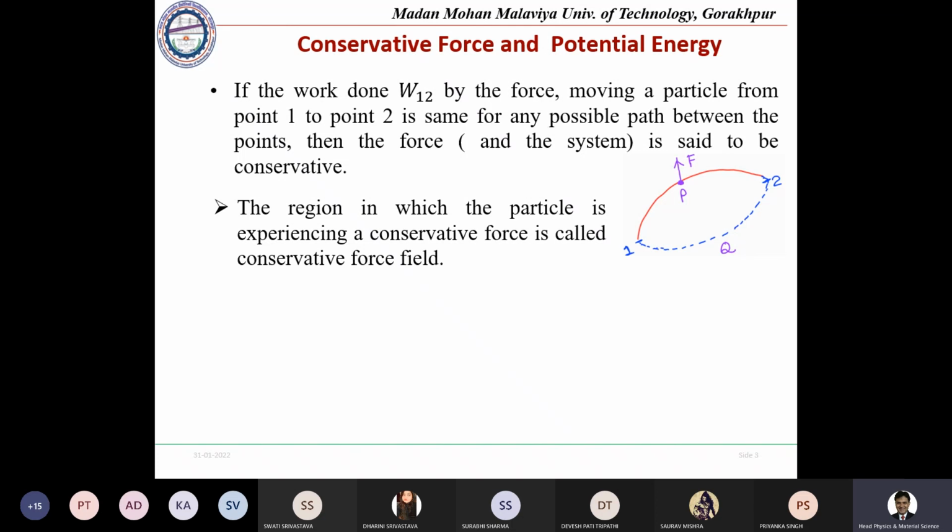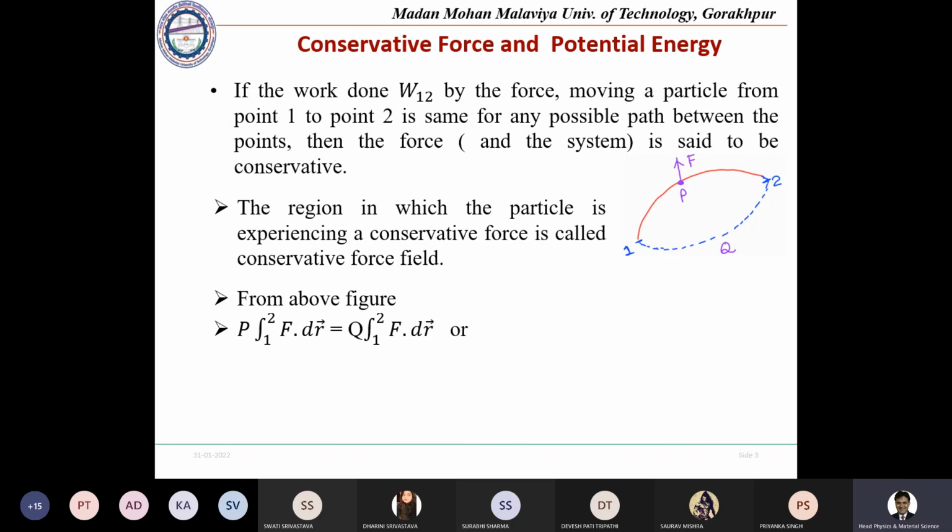The region in which the particle is experiencing a conservative force is called the conservative force field. That is the conservative force field. जिस region में, जिस field में, जिस space में ये फोर्स ऐसा एक्सपीरियंस हो रहा है वो कंजर्वेटिव फोर्स फील्ड कहलाता है. From the above figure what we are getting here, that is the work done through the path P,